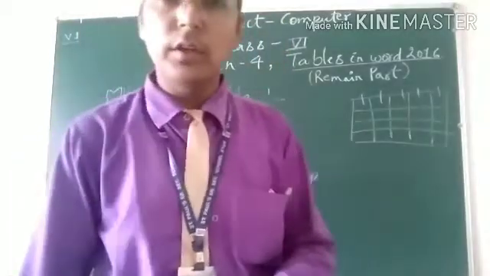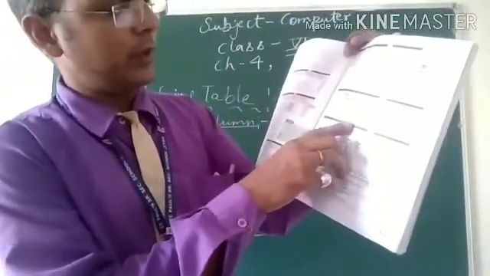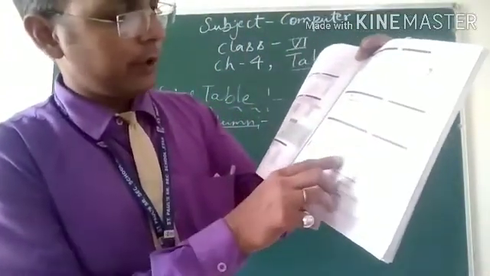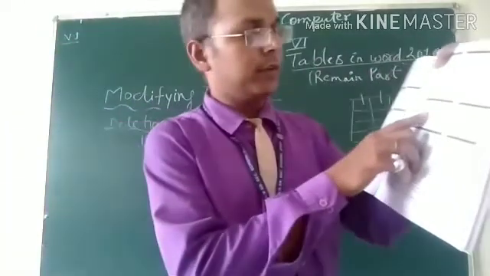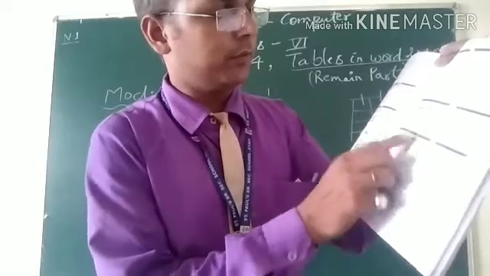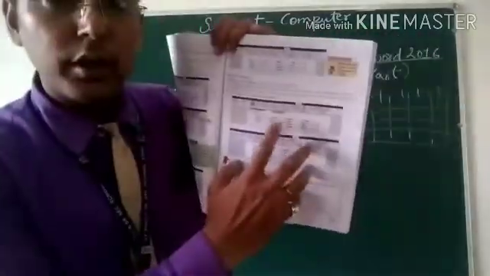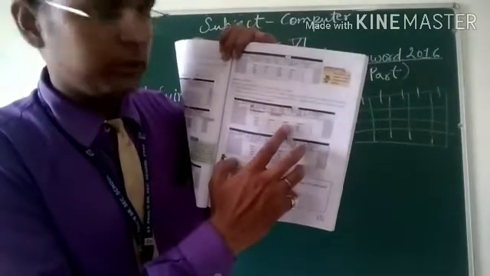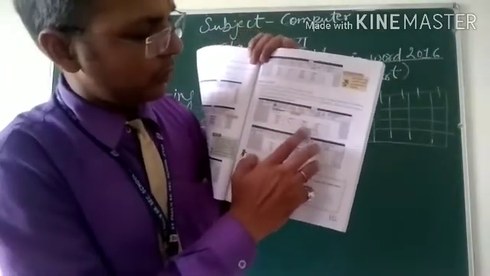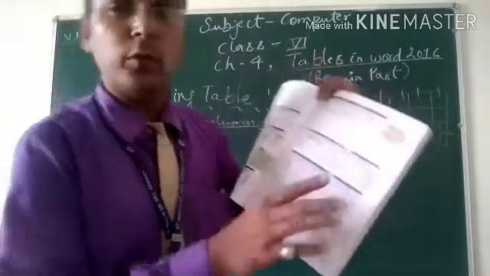So this is also on figure 4.17 to delete a column from a table. After deletion of the column, here we had 1, 2, 3, 4 columns, and here 1, 2, 3 columns. Name, roll number, subject and marks columns, and after deletion name, subject, marks. It means the roll number column I deleted.